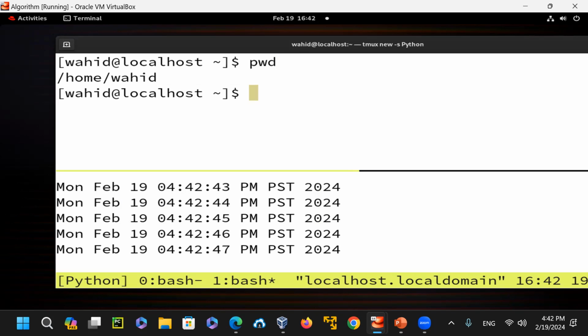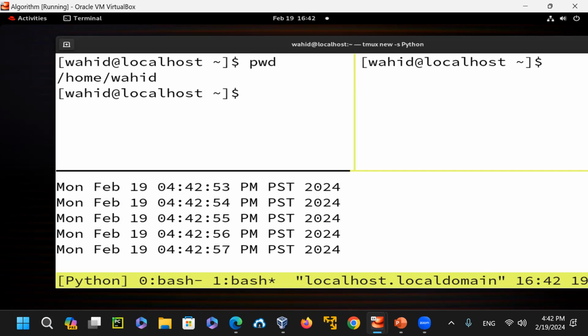So let me open another one to the right of this one. In order to do that, Control B, and then I'm going to do Shift ampersand. Not ampersand, sorry, percentage. Percentage is the one that gives you the split with the vertical divider. So now I have this one. Here I'll run